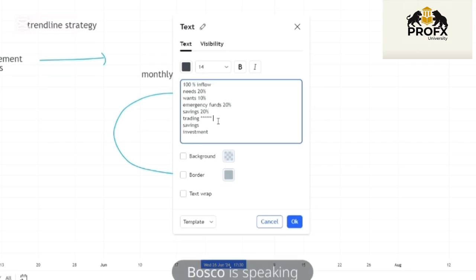So let's just assume that something happened that week, your trade did not go well. Trust me, you can still have a lot of cash to cater for your needs, your wants, a lot of things. But you see somebody using 100% of his inflow to trade, and you end up making nasty decisions that you don't want to make. So it's always advisable to trade with only 10% of your inflow.